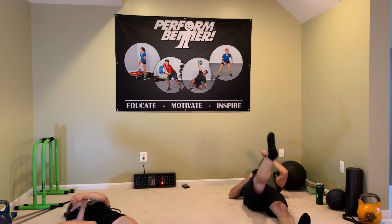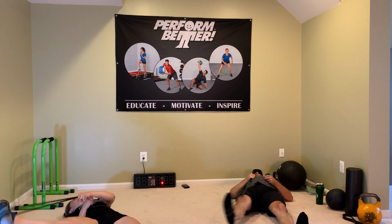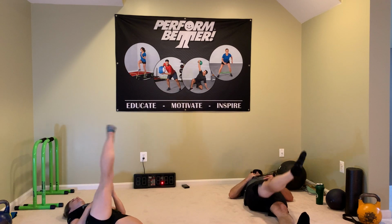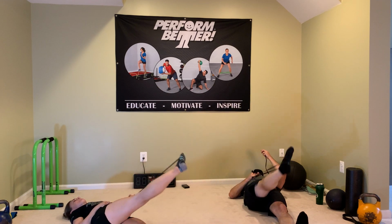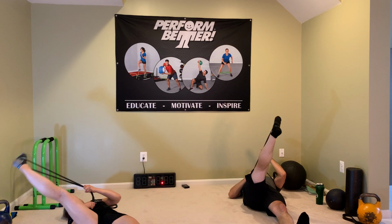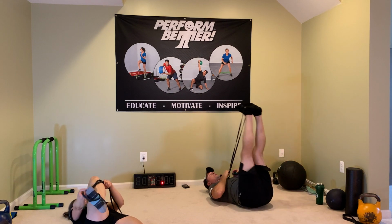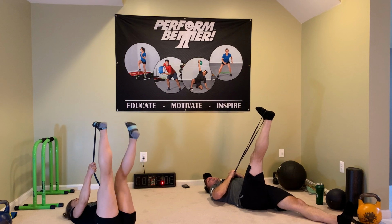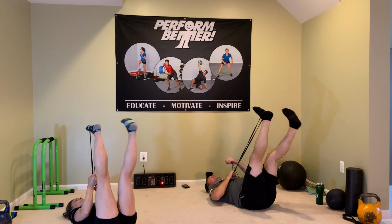Now change direction, same leg, just go the other way. This is not for speed, this is not for cardio. This is really working those hips. And time. We're going to bring both legs up to the ceiling, but you're going to lower the non-banded leg. So keep the band in the same leg that you were just doing, and let's go ahead and lower the